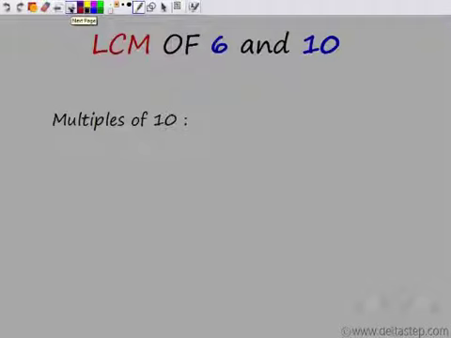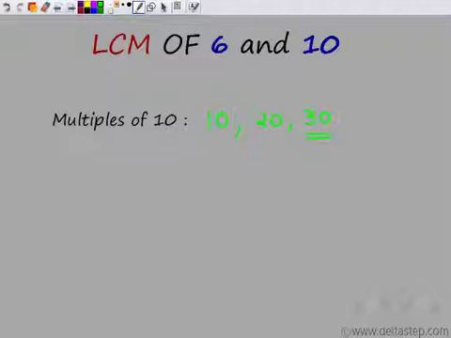So now, an easier way to find the LCM would be, when you have two small numbers, you start with the larger number and keep on writing its multiples. The larger number here is 10, so keep on writing the multiples of 10. First multiple 10, second multiple 20. When do I stop? I stop when I know that the multiple of 10 is also a multiple of 6. 20 is not a multiple of 6. 30, I know that 30 is a multiple of 6 also, hence I stop, and this gives me the LCM.